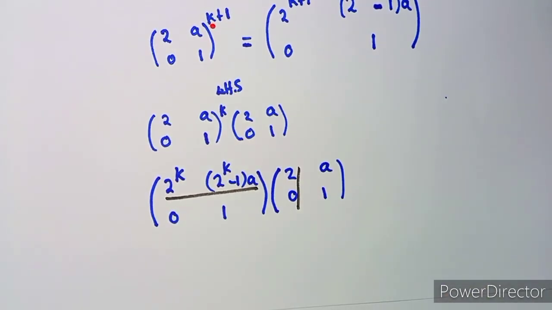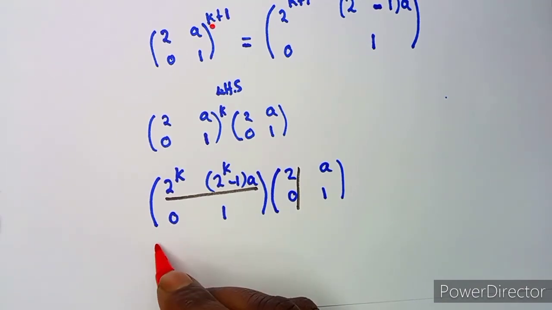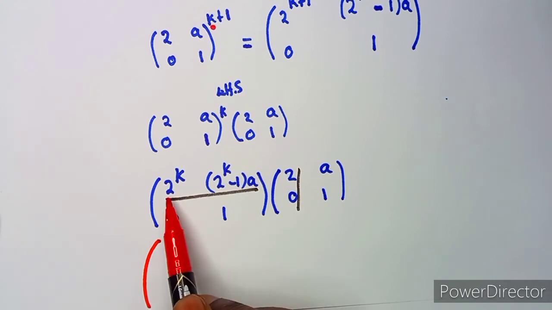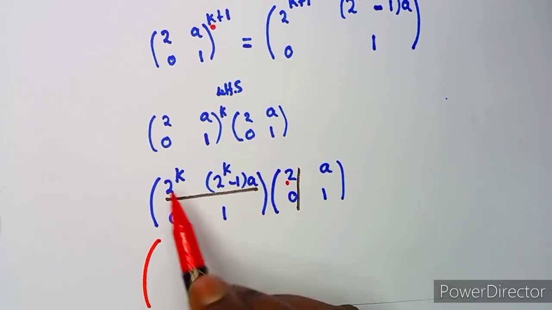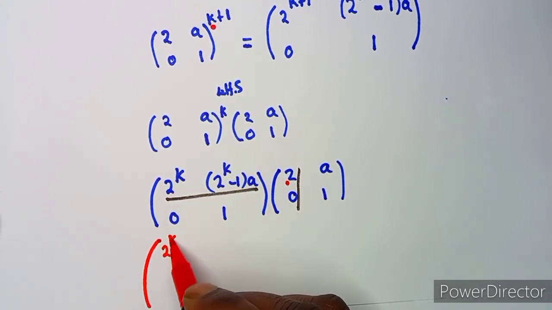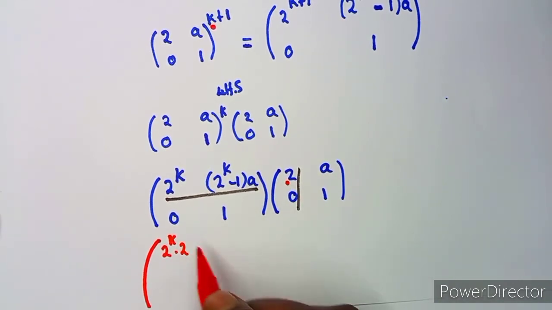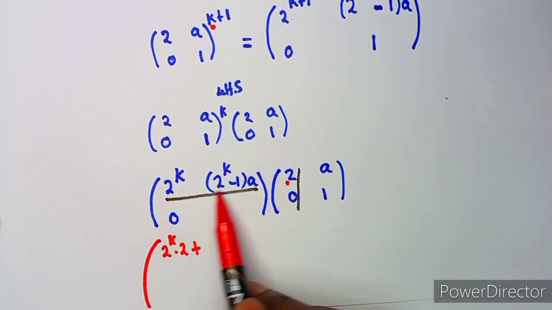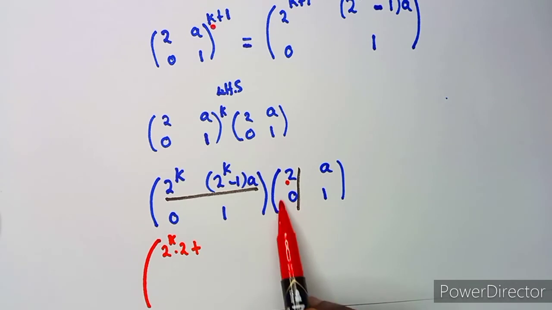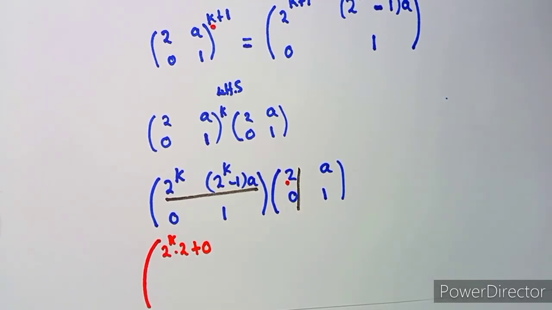Okay, I don't know if it is going to be clear, but let me put this maybe in another ink. Okay, like this. We are going to multiply these two, so it's 2 to the exponent of k times 2 to the exponent of 1, which is just 2, plus, because remember you're still in the row, this here times 0 here is going to give us 0, which means there's no effect. So this is 2 to the exponent of k here. All right,